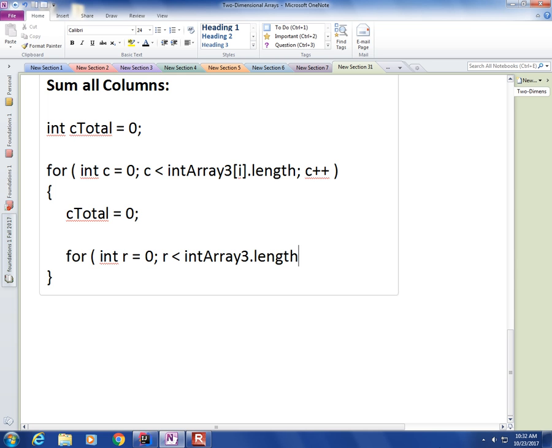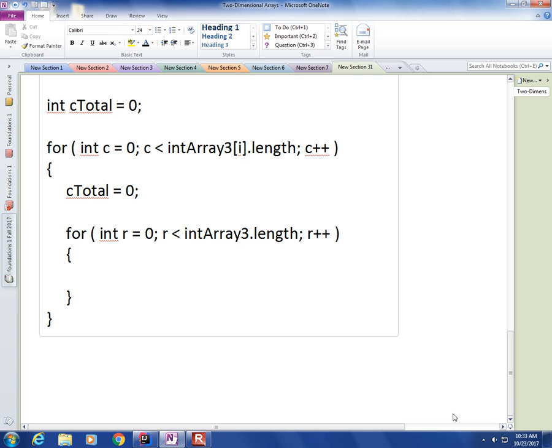This time I want to use int array 3 dot length, because that's telling me how many rows are inside of my multi-dimensional array, or in other words, how many one-dimensional arrays I have inside of my multi-dimensional array. And then you want to say r++. Inside of here is where you want to actually do the summing, right? So you're going to say C total